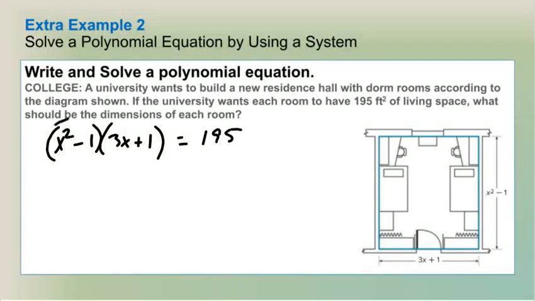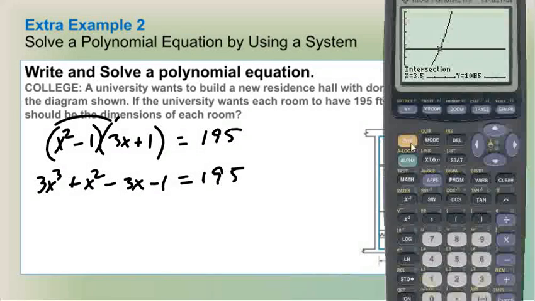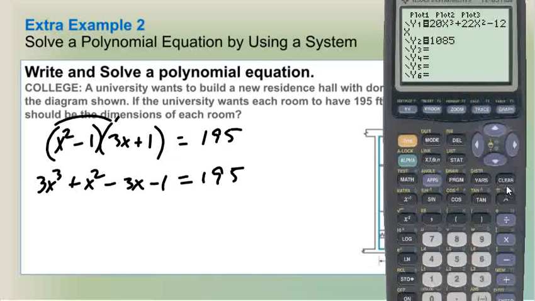square feet. So if I distribute, this is 3x cubed plus x squared minus 3x minus 1 equals 195. Plug that into our calculator. We'll grab our calculator here. Y equals, clear this. Actually, let's make that a 3x cubed